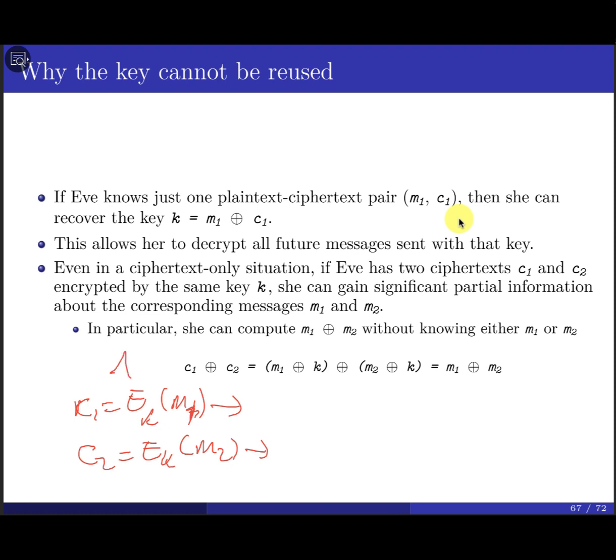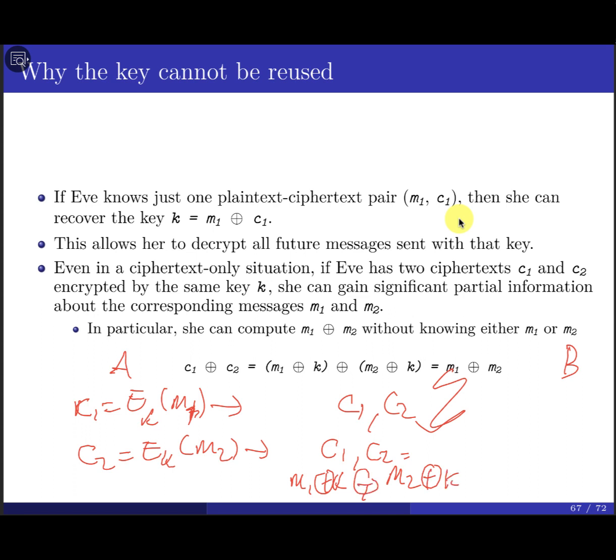The bad guy, between Alice and Bob, sees you send C1 and C2, right? So Oscar, or someone who intercepts the communication, is going to have C1 and C2. I have both of them. What I can do in this case, the simple thing: I know the specific encryption algorithm you use, and how to compute encryption and decryption. I know that C1 is M1 exclusive OR K, and C2 is M2 exclusive OR K.